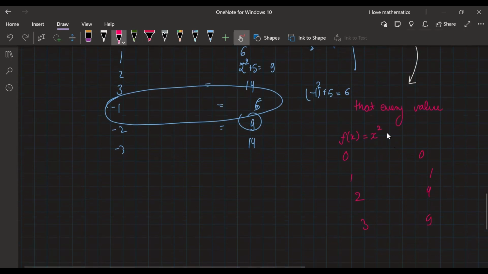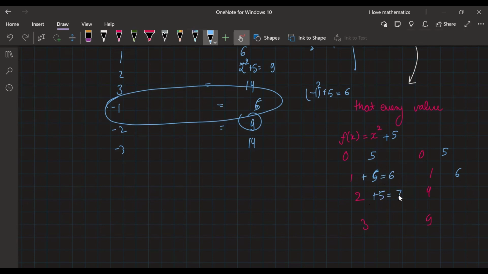But if f of x is x squared plus 5, if you put 0, we get 5. If you put 1, we get 6. If you put 2, we get 4 plus 5, which is 9. So the y value is increasing by 5. 4 plus 5 is 9, 1 plus 5 is 6, 2 plus 5 is 7, 9 plus 5